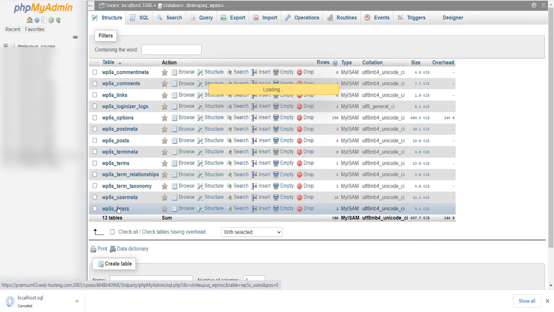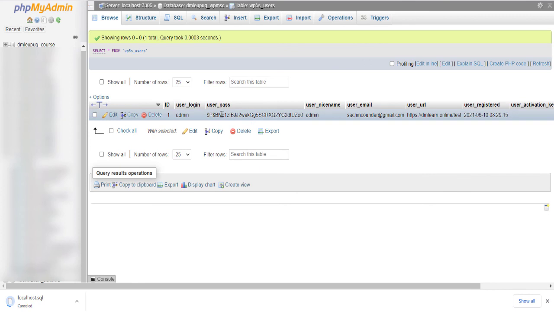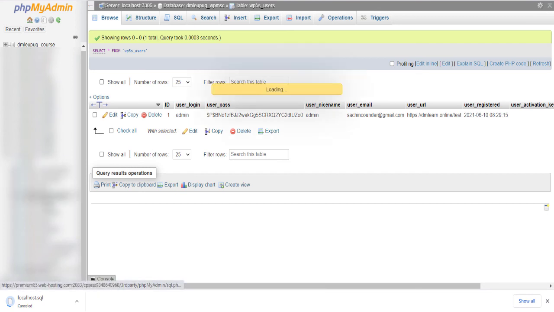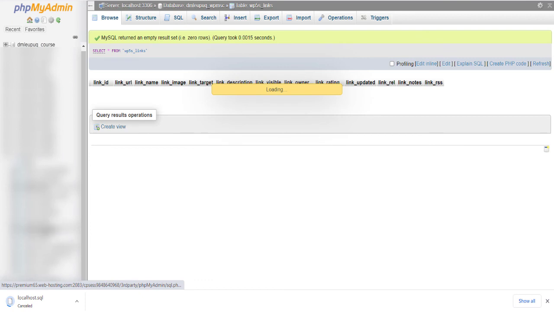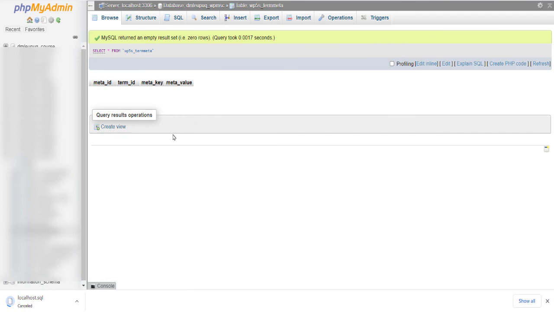In later videos I'll teach you how you can reset your WordPress database without any email. Suppose you have forgotten your WordPress login, you can change your password with the help of this feature. Through your cPanel you can reset your WP admin, and do everything regarding your WordPress. Whenever you need to move from one server to another, first of all you have to take your database backup. So you have to click export, then go, and download it to your local system.